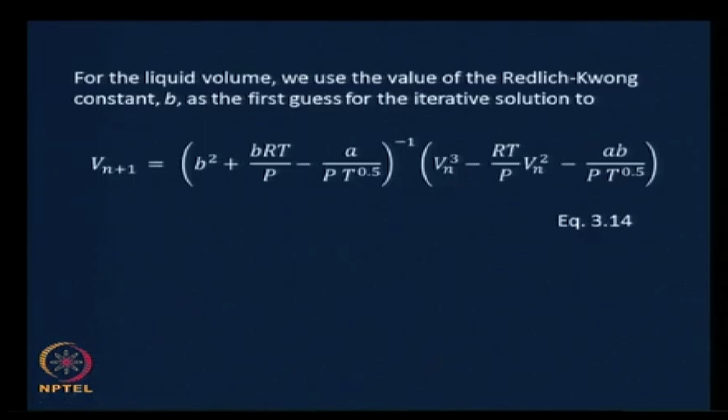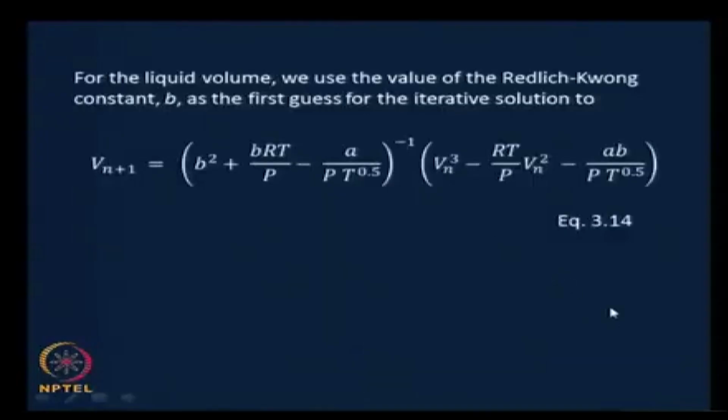And in a liquid form these would be close together and therefore the volume of molecules can be approximated to the volume of the liquid, and that is how we take B as the first guess here. If we do that,